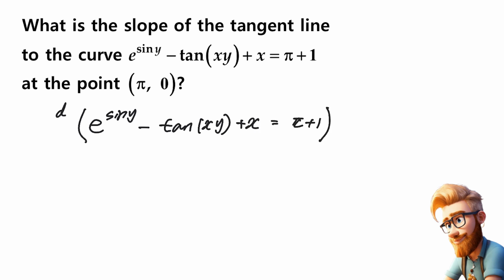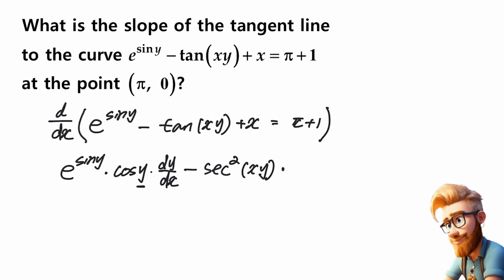So let's differentiate with respect to x. Okay, we have an exponential function, so that's going to be e to the sine y times the derivative of sine y. The derivative of sine is cosine, and here we have y, right? So the derivative of y, dy/dx. Minus the derivative of tangent, which is secant squared